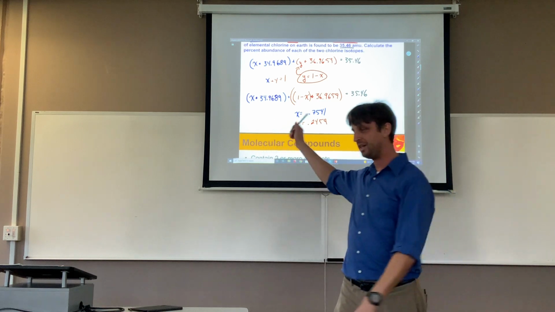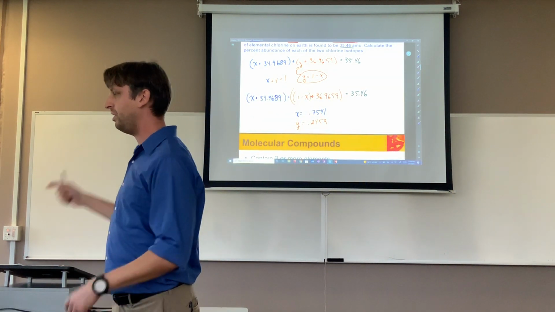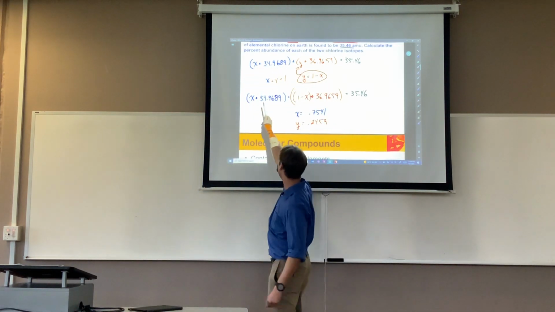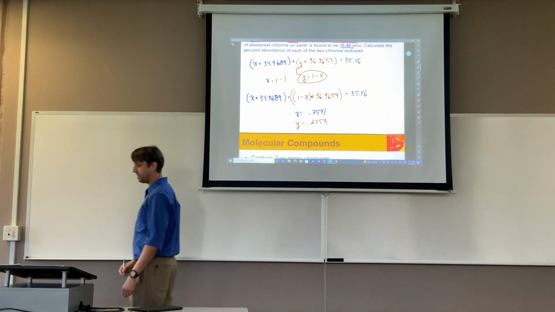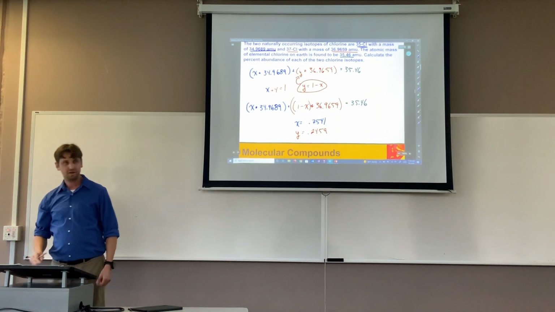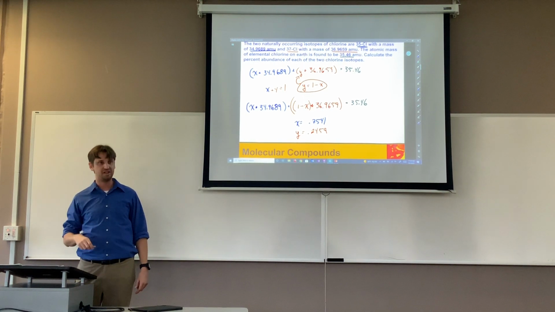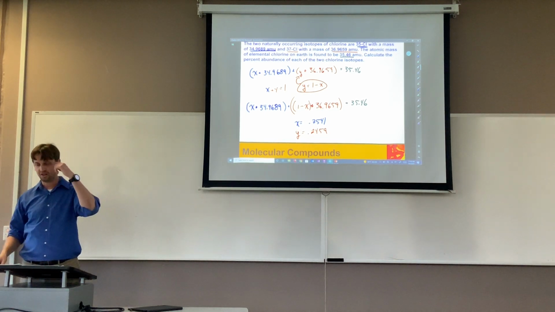I know we're running out of time, but here's what I want you to do. If you can't get to my answers there, come see me, right? We just have to simplify this equation, walk through it step by step. Multiply this together, multiply these together, and solve for X. Tricky problem, think about it, look through it. There's a couple examples like this in the textbook, so work through another one just to get it stuck in the brain.